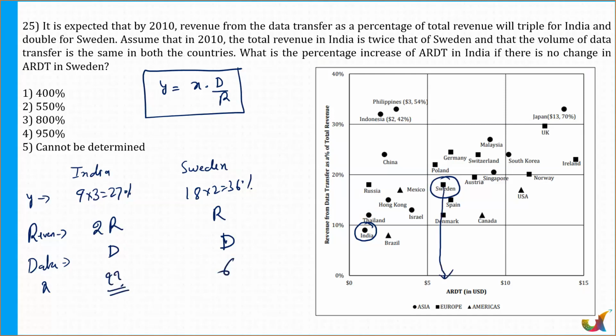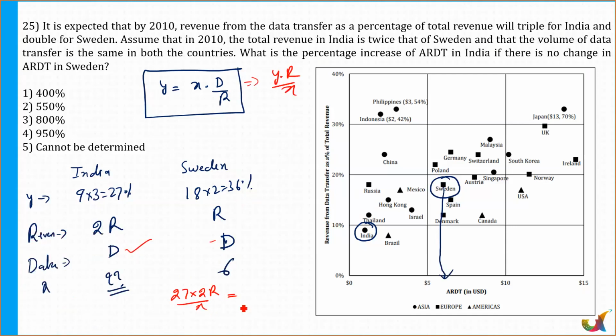Now tell me, what will happen here? We know one thing, that the volume D is the same for both of them. Isn't it? So I can take that portion and calculate here. So total volume is the same here. So D is equal to what? Y into R by X. So for India, what is Y? That is 27 into revenue, that is R upon X, which I need to calculate, is equal to